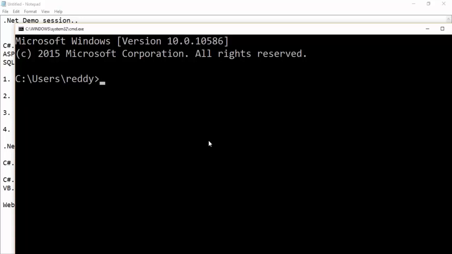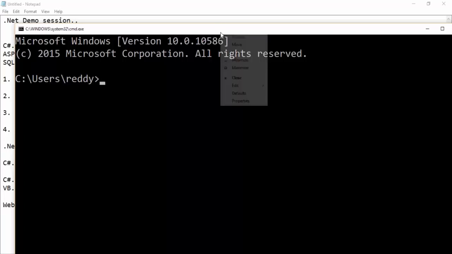So the console application will be used to learn more about C#.NET. We'll be learning in this console application about the logic, what we are going to implement, and the basic things, very basic things. You should start from here.